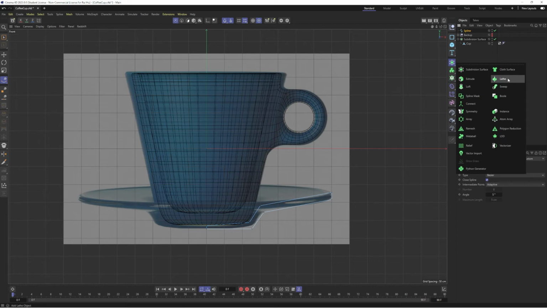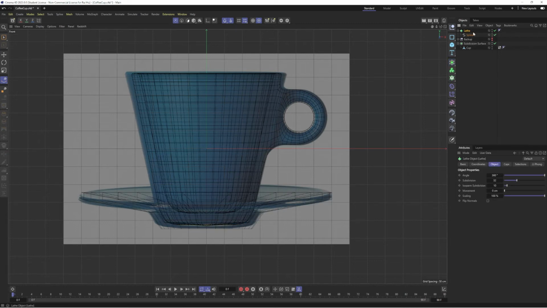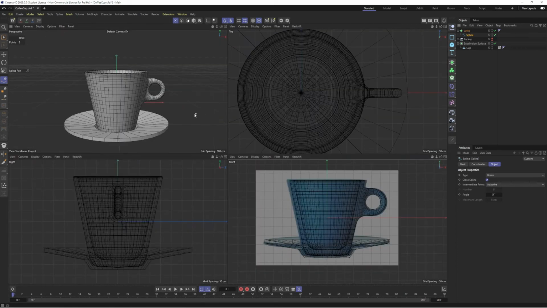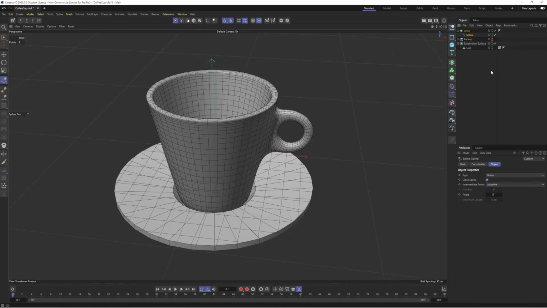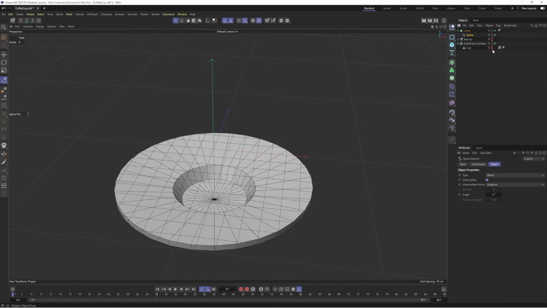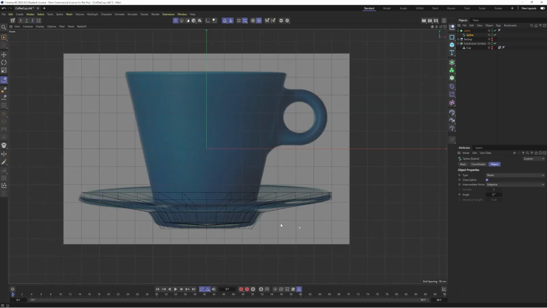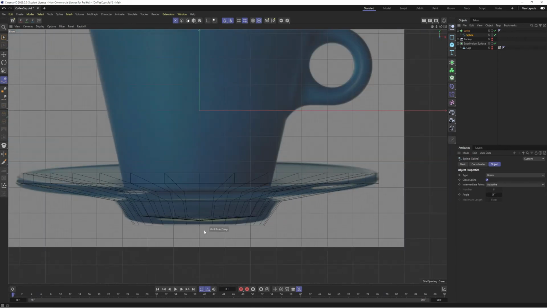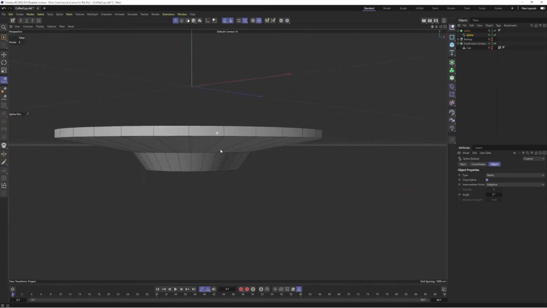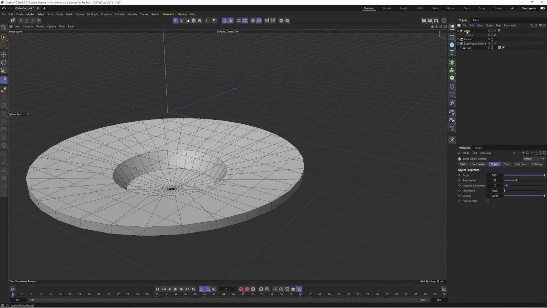and with the spline selected, let's select also the lathe. So it makes the lathe a parent to the spline, and we can already see what it's doing. Okay, let's hide our cup first by holding down Alt and then double click here. Okay, great. So basically what the lathe tool is doing is, if we look at it here, it's basically taking